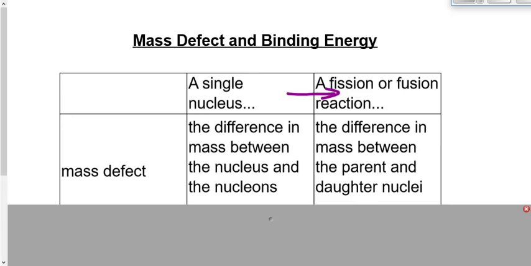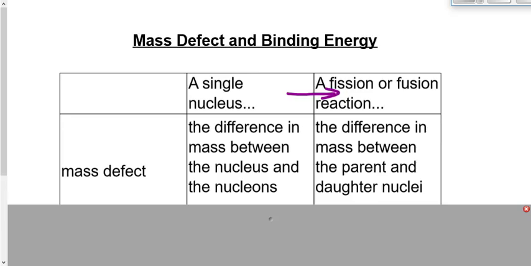If there's 30 of us, and we each weigh 100 pounds, we add up the mass of everybody that makes up the class, and we get 3,000 pounds. But when we measure the mass of the class, we find it only comes out to be 2,999.7 kilograms. We add up the mass of everybody, it's 3,000, but the total mass isn't 3,000, it's only 2,999.7